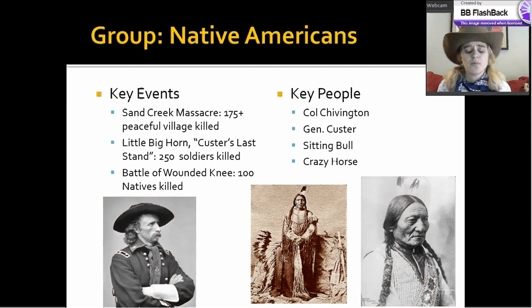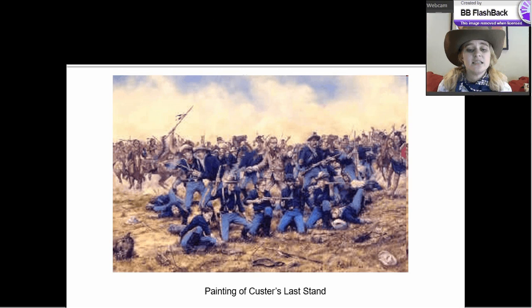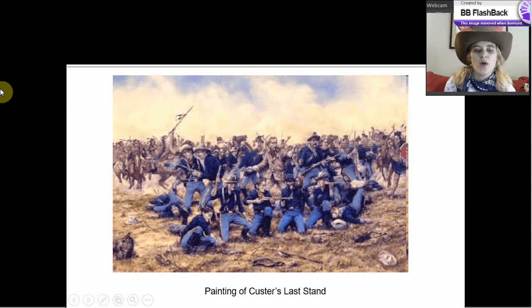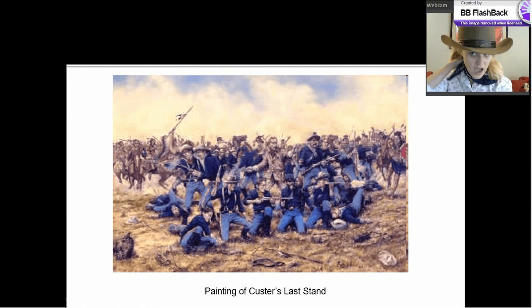So I just want to show you a couple pictures here really quickly. So this is a painting done of Custer's last stand. And if you look, you can see Custer here in the middle and his men surrounding him. Right as they're about to die, you can see the natives charging them in the background. This painting is really meant to show Custer and his men as heroes that are being killed innocently by the natives. And paintings like this really served as propaganda so that the American people would kind of go against some of the natives in the area.